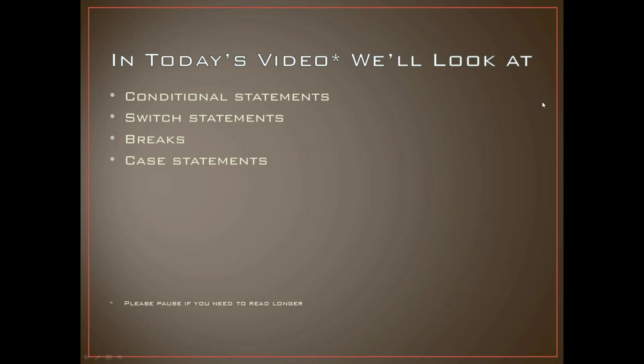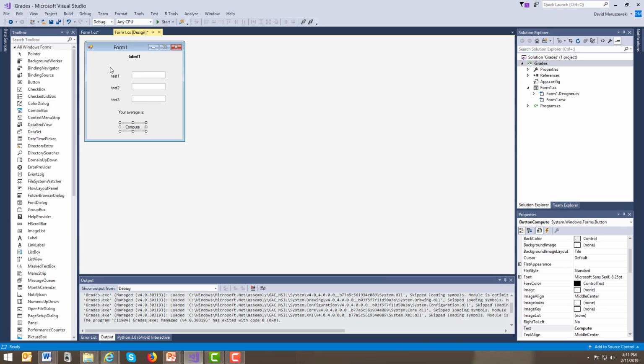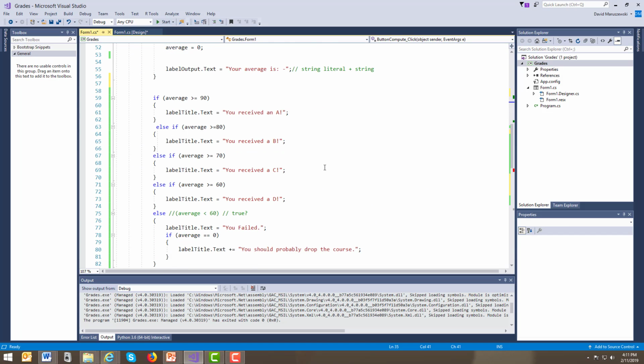Hello, and today we're going to go back and look at these if-else statements, but give you an alternative to use to them. So let's get into this right away, and I'm going to introduce the first variable that we're going to have to do to update our wonderful form one grader, I guess we'll call it for now. And we're going to introduce a character called grade, because ultimately you're going to get an A, B, C, D, or an F. And we've already established that below here